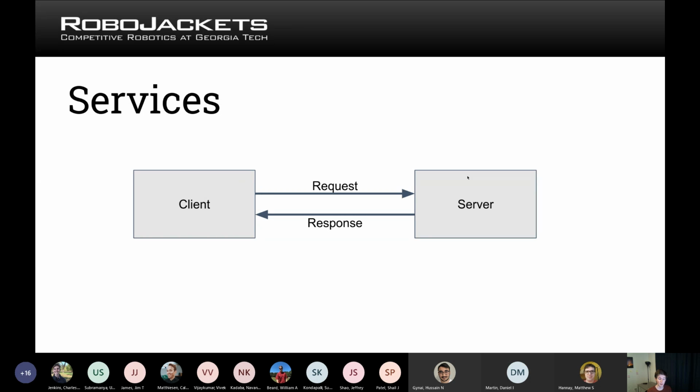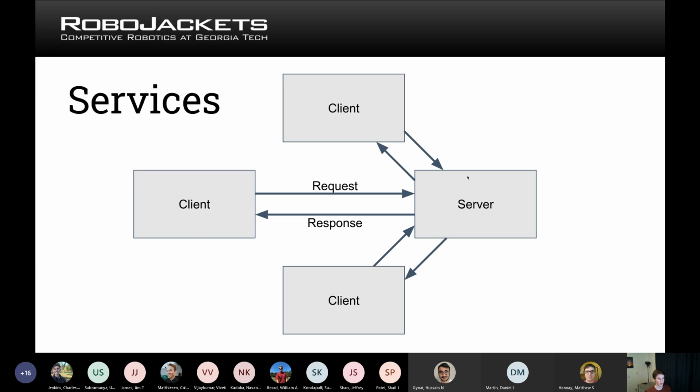Now, a couple of notes. That was a very weird way of framing services. The way you would usually call them is remote function calls or remote procedure calls. So the idea is that any of these clients are able to call a service on the server, and that's essentially like calling a function from the client, right? It's just that instead of being a function that's in the same process, it needs to go to that other node,